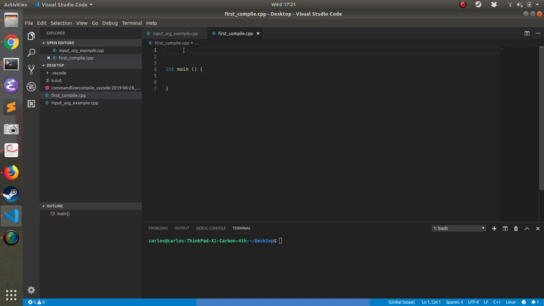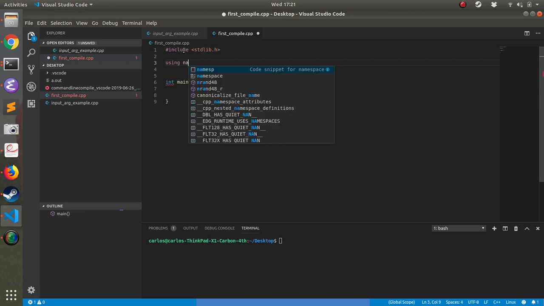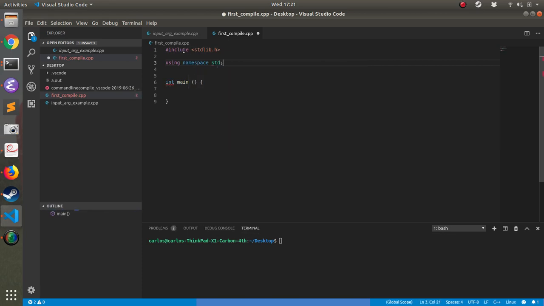The first thing that you always do in C++ is you include the standard library, and then you use what's called a namespace. I'm going to use namespace std, and then I'm going to type in printf, which prints to the terminal, and you do this everywhere. You say hello world, and then the \n gives you a new line, and // are comments, and so this will print hello world to the,